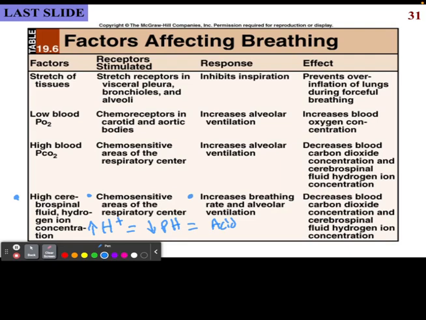So this is the last slide for this chapter. There's a lot going on in this chapter. Please write down any questions you have and come to class with those questions. We can go over anything you'd like. Take your time. There's a lot of terms. Just make sure you feel pretty comfortable with the terms. And if you're having any issues whatsoever, please send me an email or we could talk about this in lab.